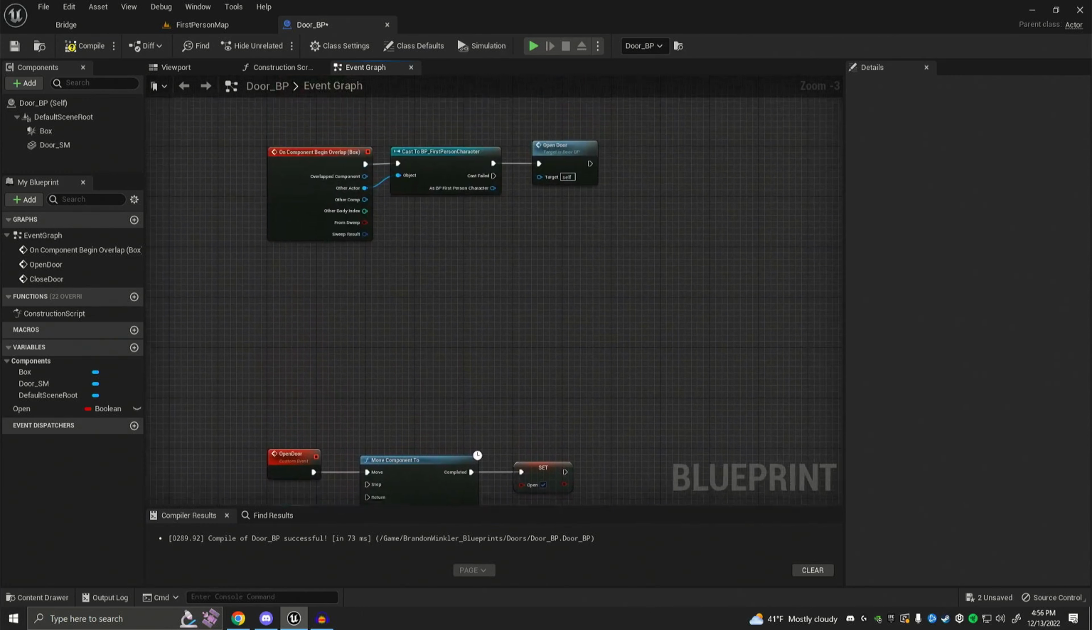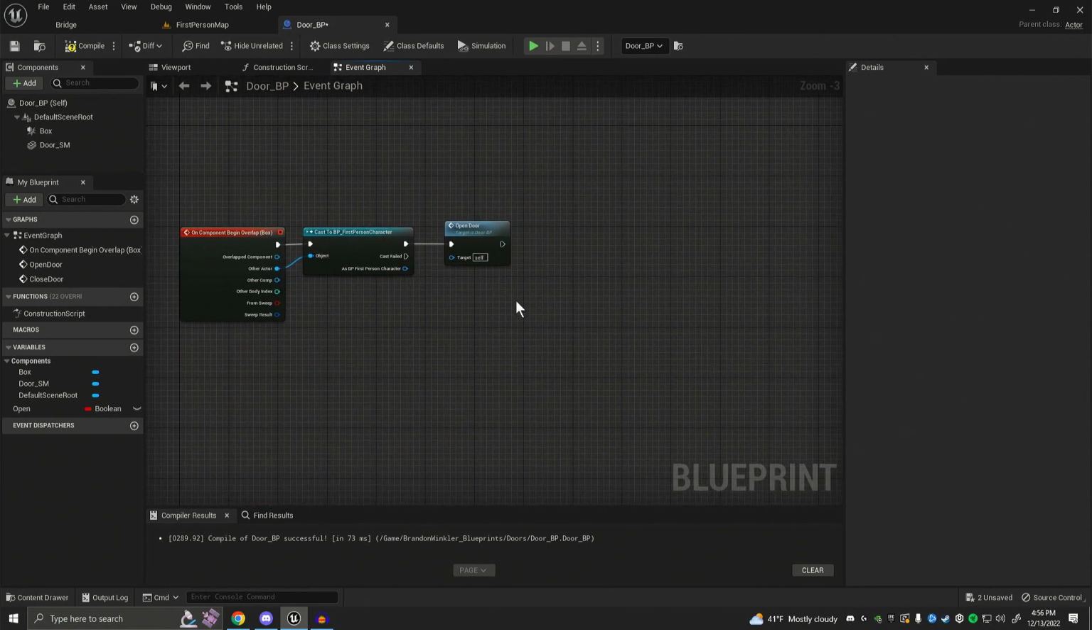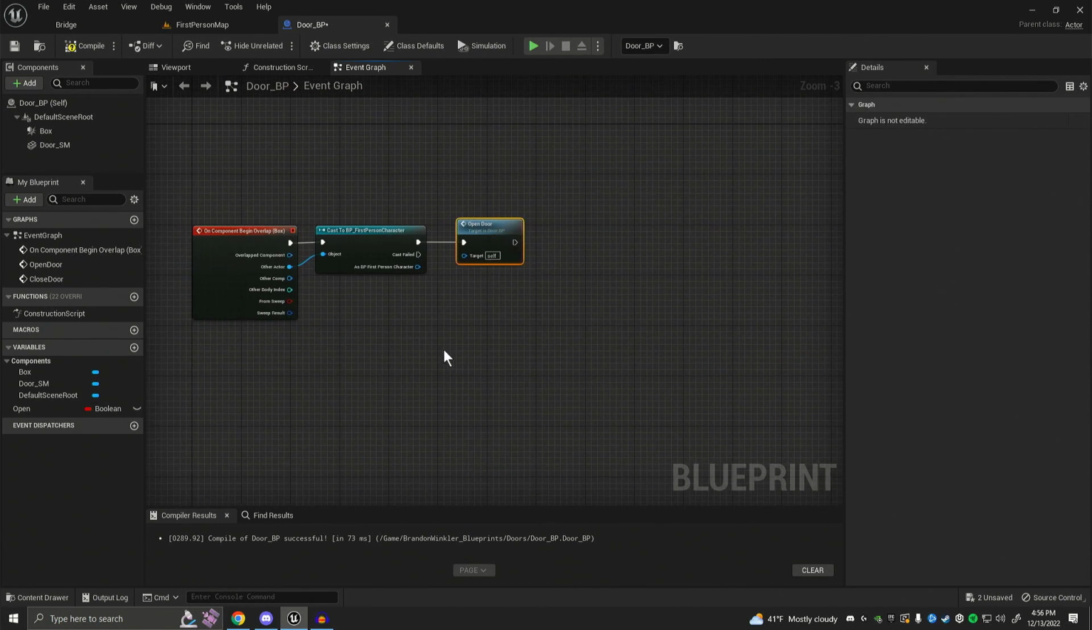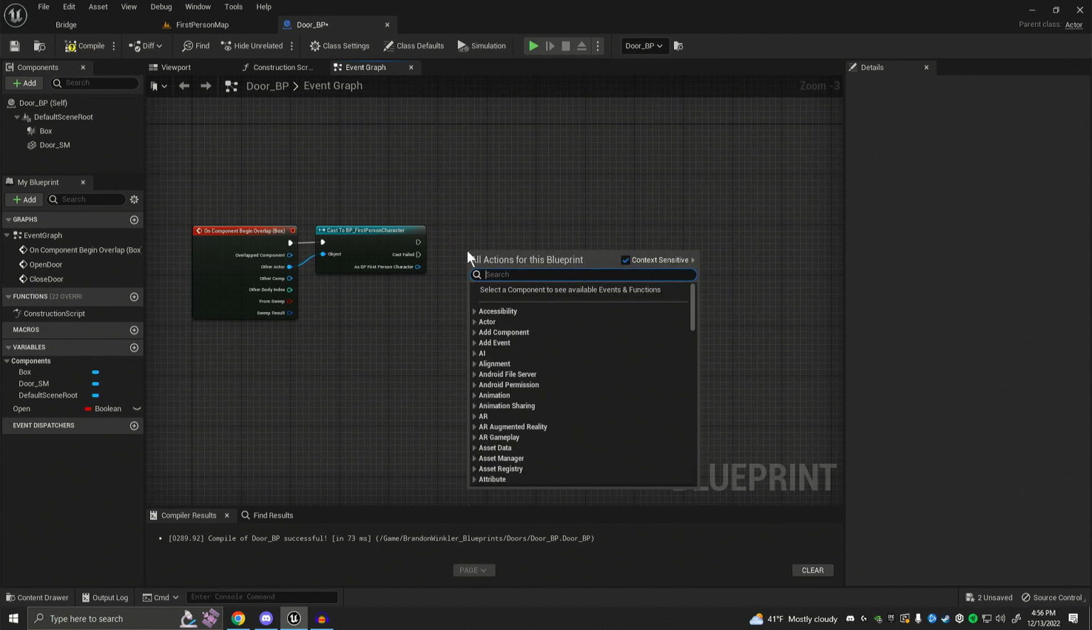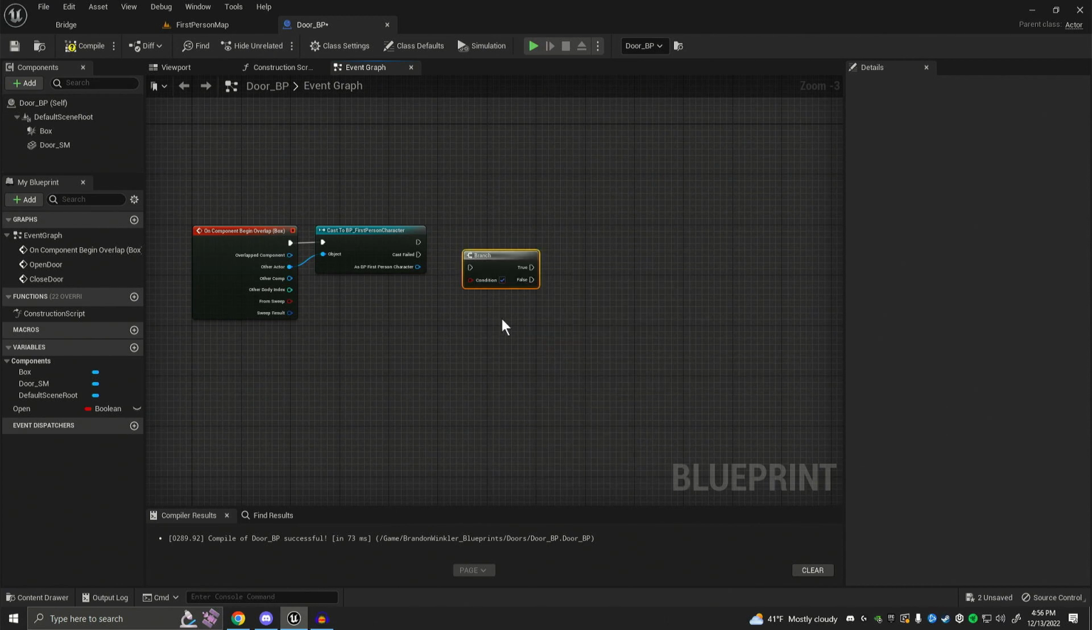We can use this information to toggle the door instead of just opening the door. So we're going to go ahead and click on open door and press delete. Now there's two ways to add the node that we're about to do. You can right click and simply type in the word branch and you'll get the node we're looking for. However, a quicker way to do it is to hold B on your keyboard, B for branch, and left click